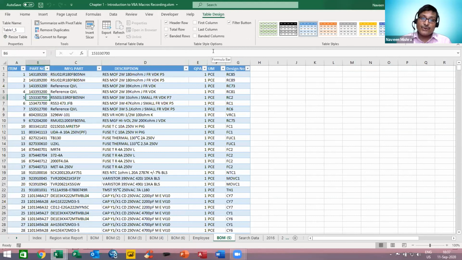Right. So basically with the help of macro, you can save your time. So we discussed how to create a macro with the help of the recording technique. And in this demonstration, we learned how to record only the formatting part, like how to remove blank rows, remove blank columns, etc. Right? So we discussed about